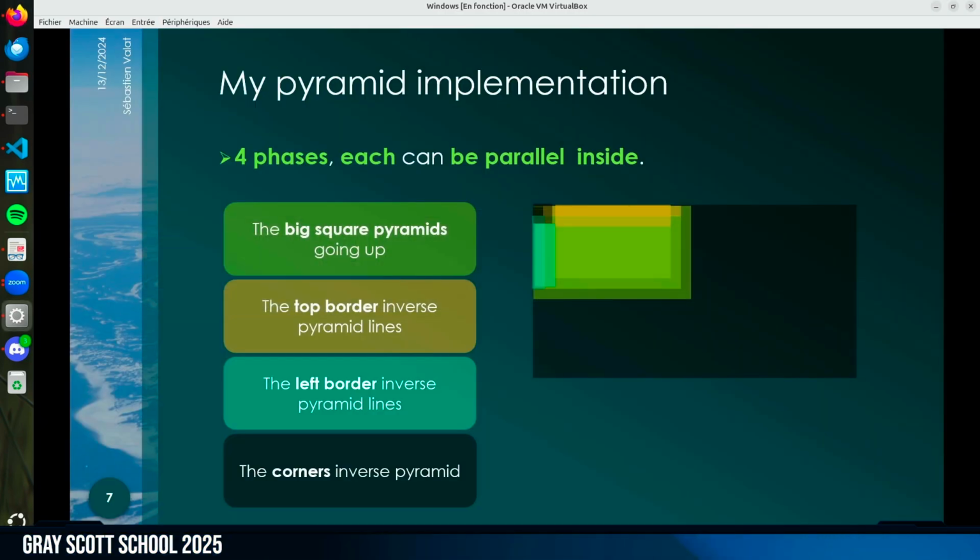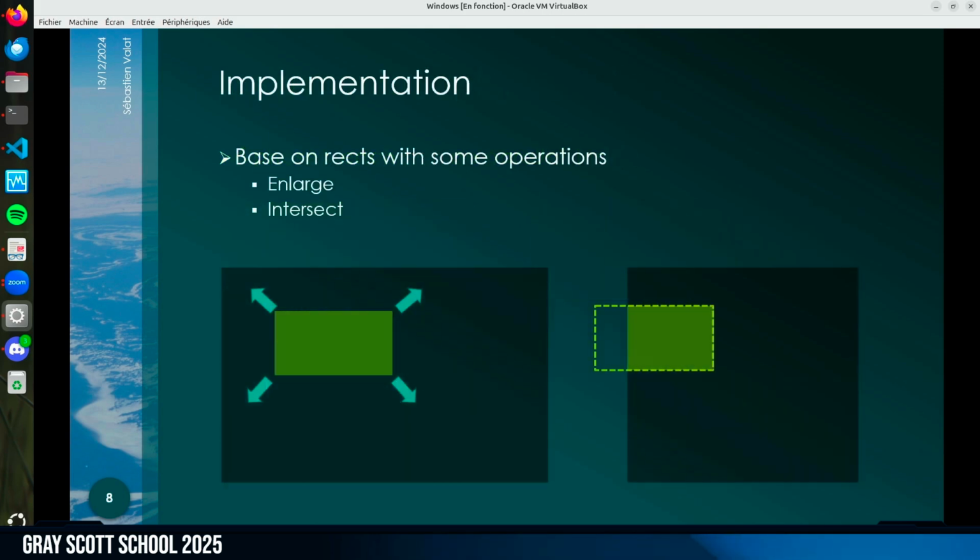Of course, the implementation is not easy. And what I'm presenting here is to say that we are pushing the implementation to the limit, but what we will win with that. To make the implementation, I'm basing it on an object programming approach. So I have some rectangles to make the blocks, and the blocks I can expand them or shrink them to make the steps.